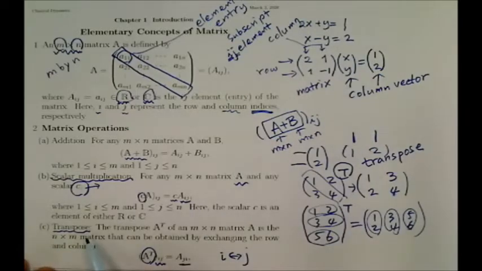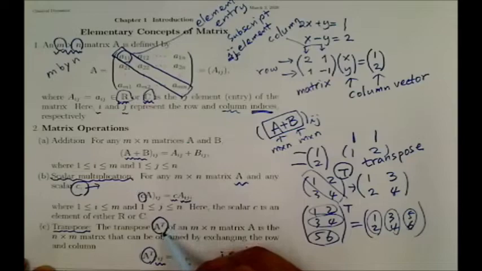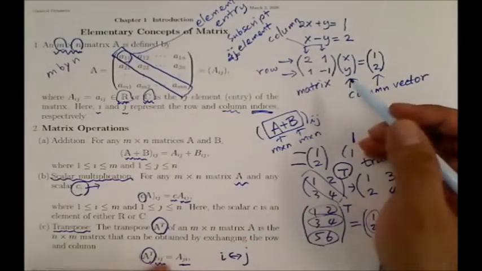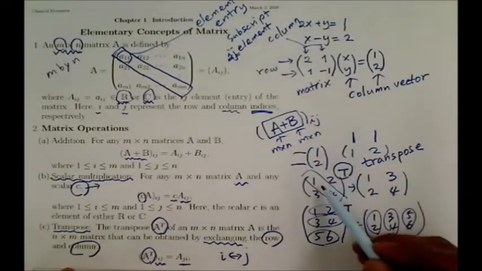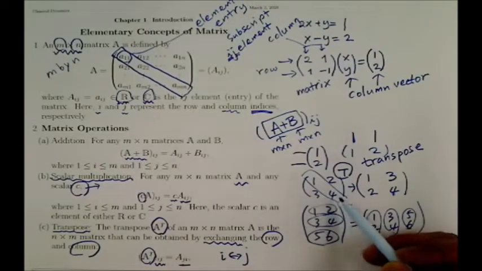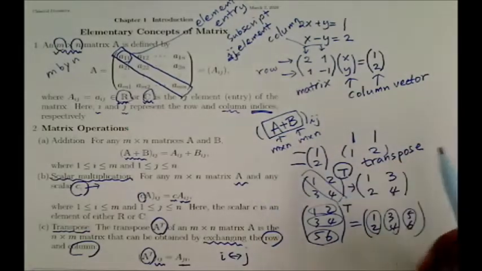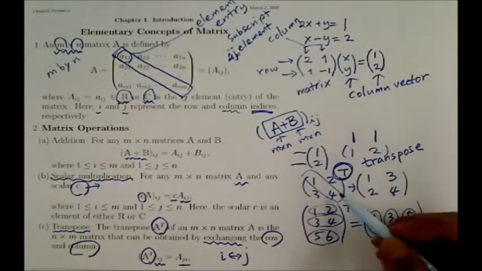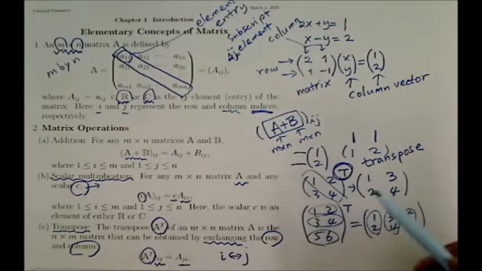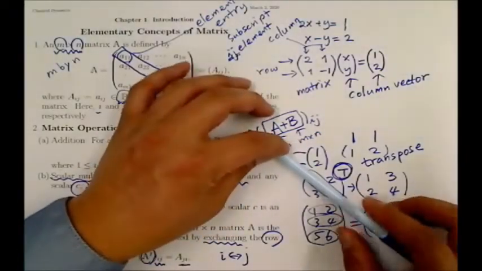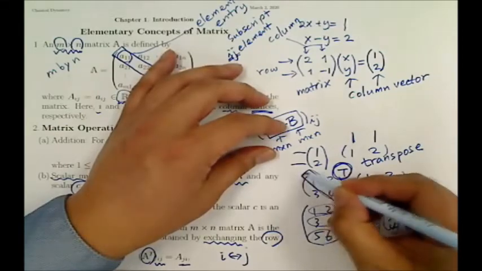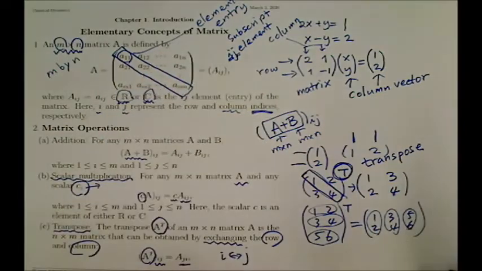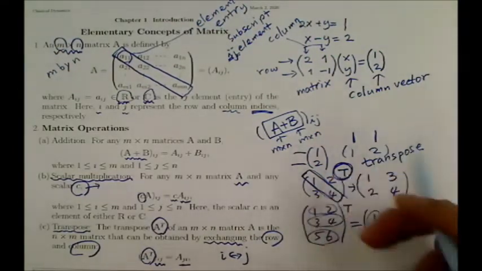Next, we consider the transpose. Transpose, that is denoted by A^T, the superscript T, is the matrix that can be obtained by exchanging the row and column. For example, we have a 2 by 2 matrix 1, 2, 3, 4. This is the first row, second row. If I put this T as superscript, then we need to calculate the transpose of this matrix, and transpose is obtained by flipping the up and down side with respect to the diagonal element. This is a diagonal element. 1, 1, 2, 2, 3, 3, 4, 4. These are called the diagonal elements. So if I flip this upside down,